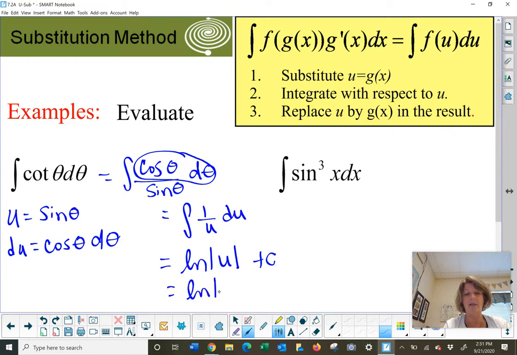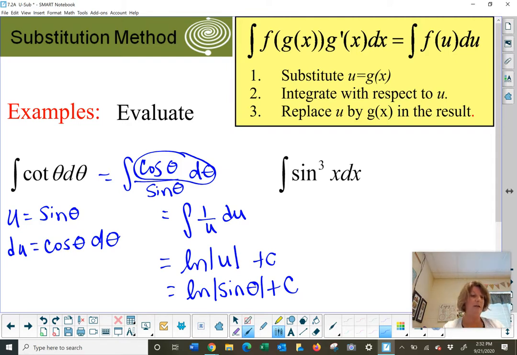And let's get it back into terms of theta. So my u was sine theta plus c. Not bad. Okay, the next one,